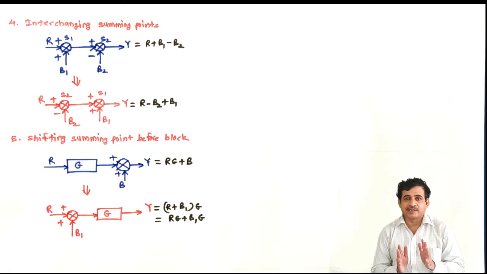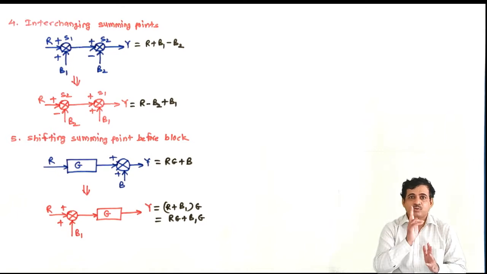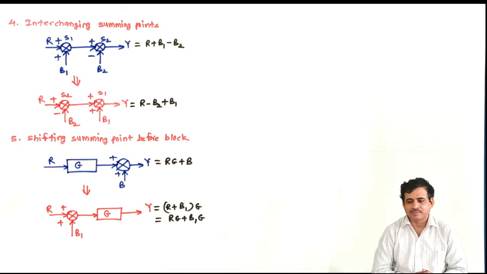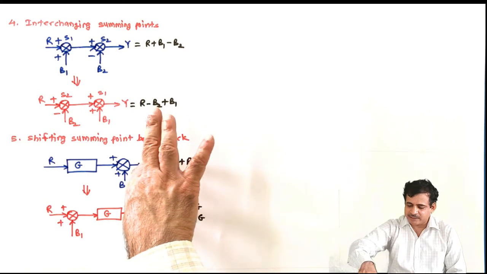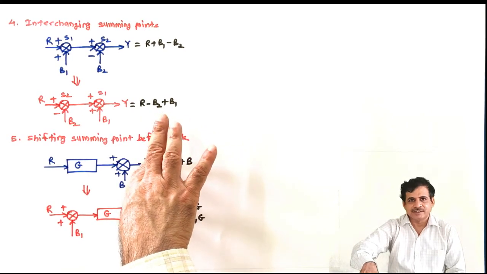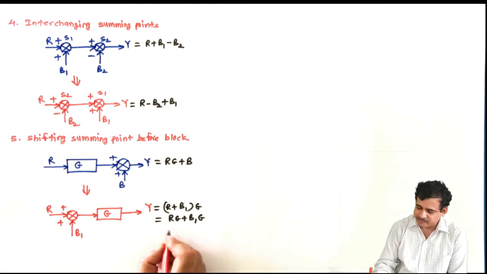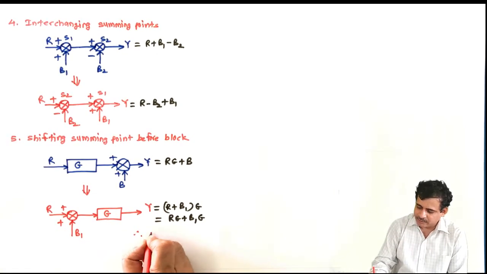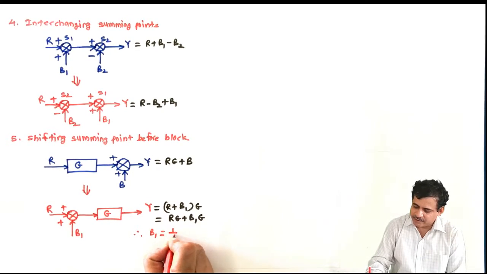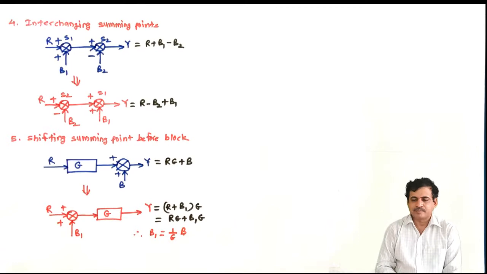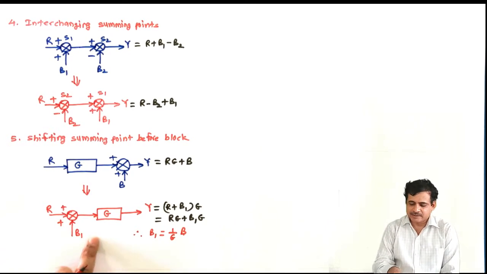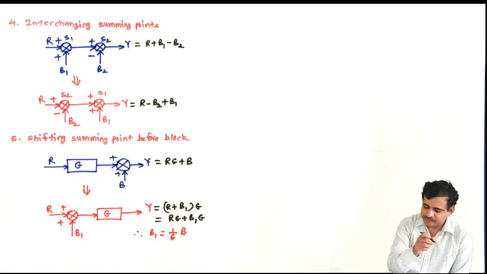Similarly here, both shall remain the same, they shall not change, but here it is changing. So that means B1 is equal to 1 by G into B,